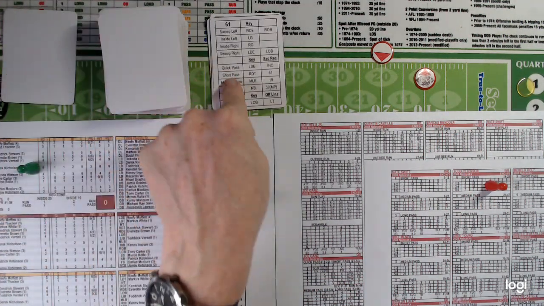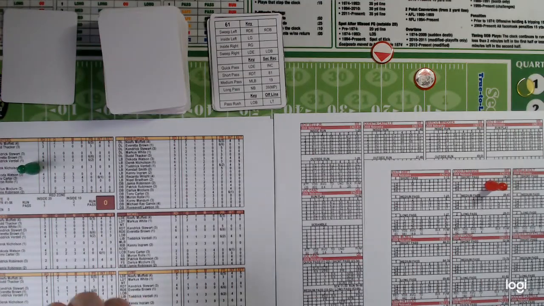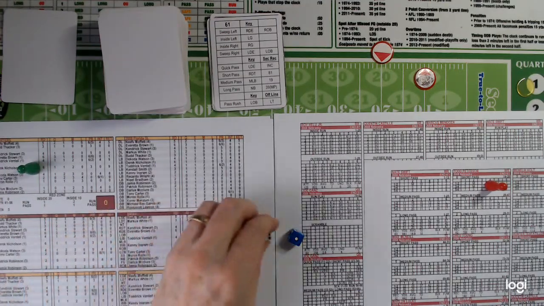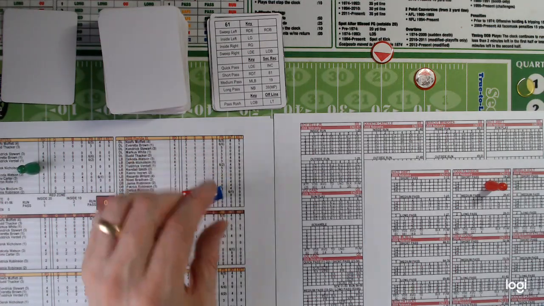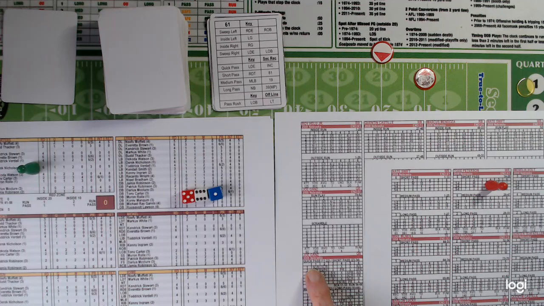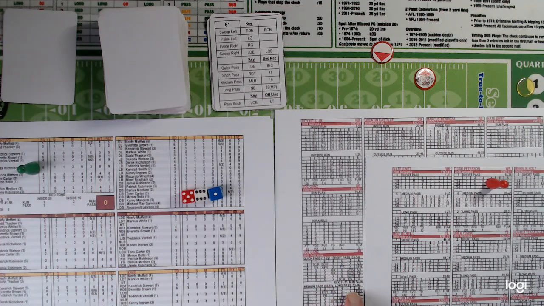We turn the next one over, ready for the result of the play. We roll the dice: 5, 6, 1. Now the quarterbacks are split into quick and short passes, medium and long passes, and on the grid, if there's